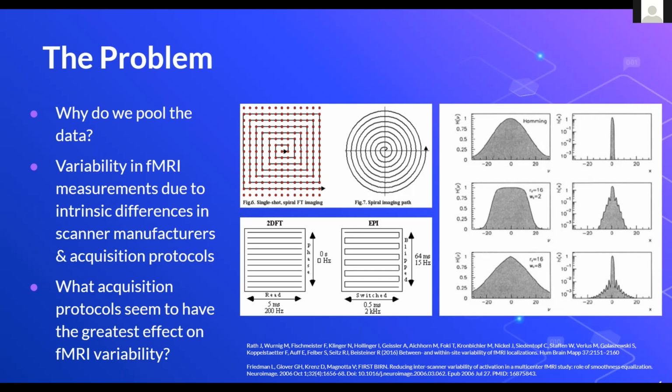The variability they found, and that they thought would be the biggest source of the change, had to do with the k-space data acquisition between the two different sites. The big thing about the two sites is that they're both 3 Tesla scanners. However, one of them was a Siemens and one of them was a GE. The GE utilized a spiral-out k-space imaging with a Fermi filter, which we have here,